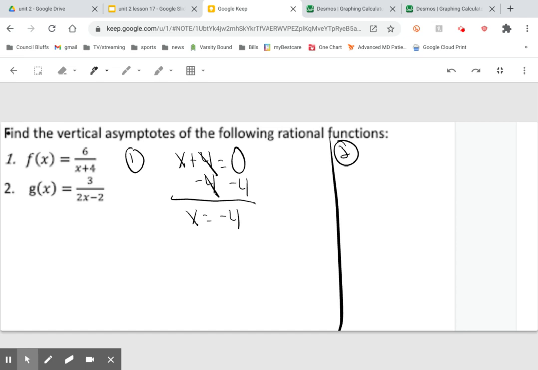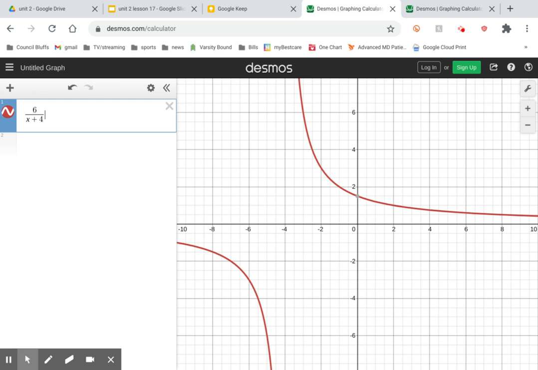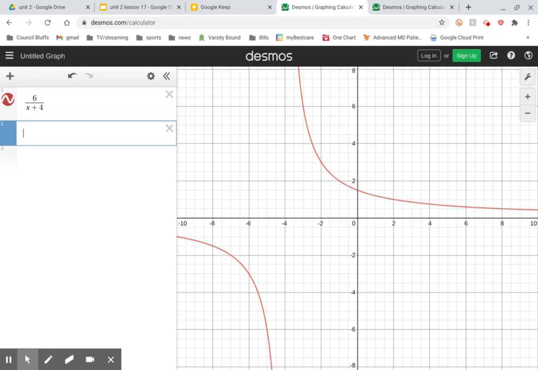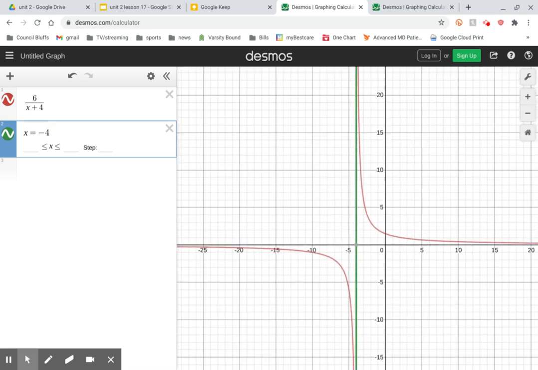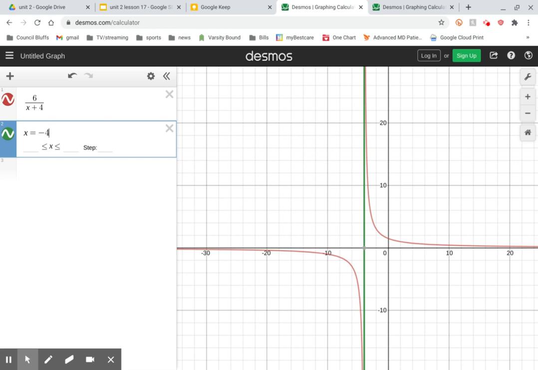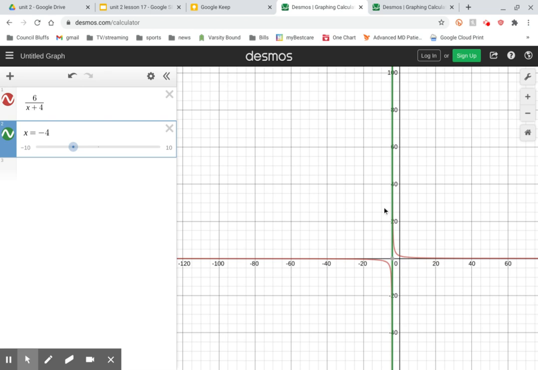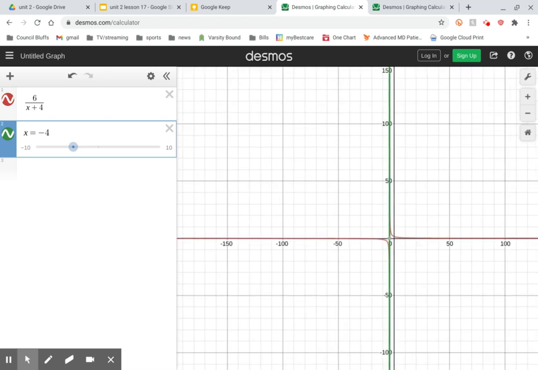Now, to show you what that means, let's actually look at the graph of this first function here. So here is the graph of 6 over x plus 4. You can see it's got two parts. It's got a part up here, and it's got a part down here. Now, if I were to, in a second line here, actually graph my answer, which was x equals -4, okay, now it's a green line. Notice it doesn't look like much, but notice as I zoom out, that green line gets really close to the red graph up here and the red graph down here, but no matter how much I zoom out, it will never actually cross to the other side